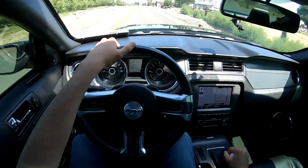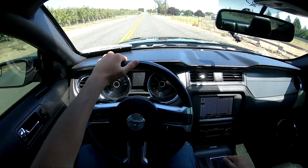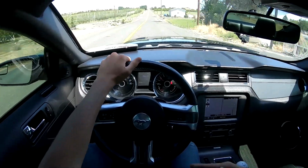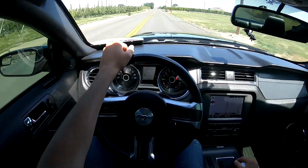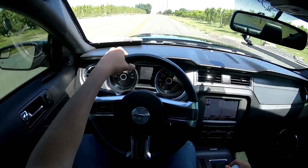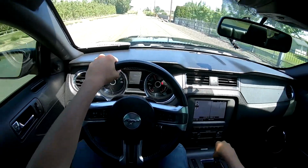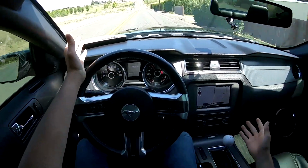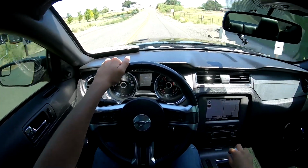The suspension is a little iffy. As I said earlier, this is the last generation Mustang with the solid rear axle, so if I hit a bump with one wheel, I'm gonna feel it throughout the entire car, and it's not the most comfortable ride, but I can't really complain about it. I don't notice it as much because I've been driving solid rear axle cars my entire driving career, so it's perfectly fine. I've never driven one with magnetic ride suspension like the newer ones, so I have nothing to compare it to, but you do feel the bumps a lot and you do feel the road a lot,